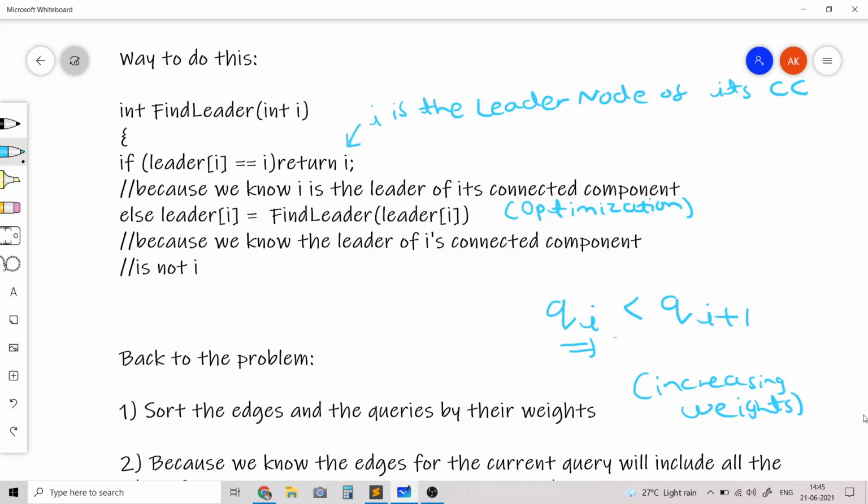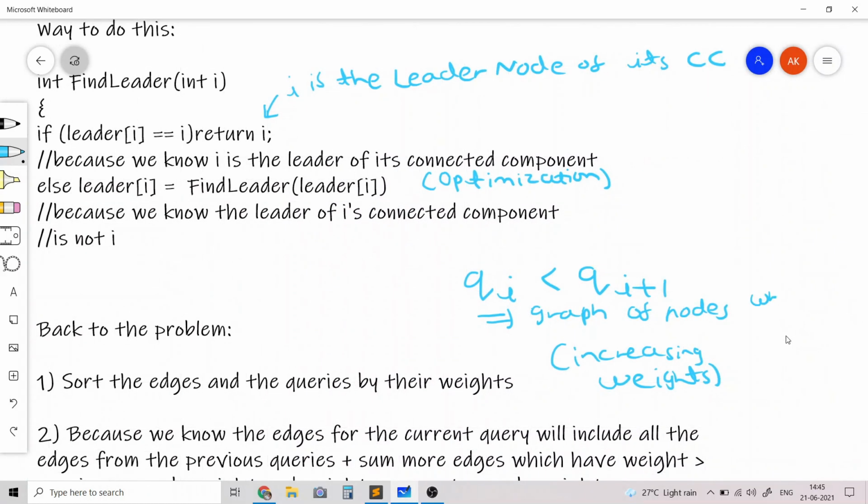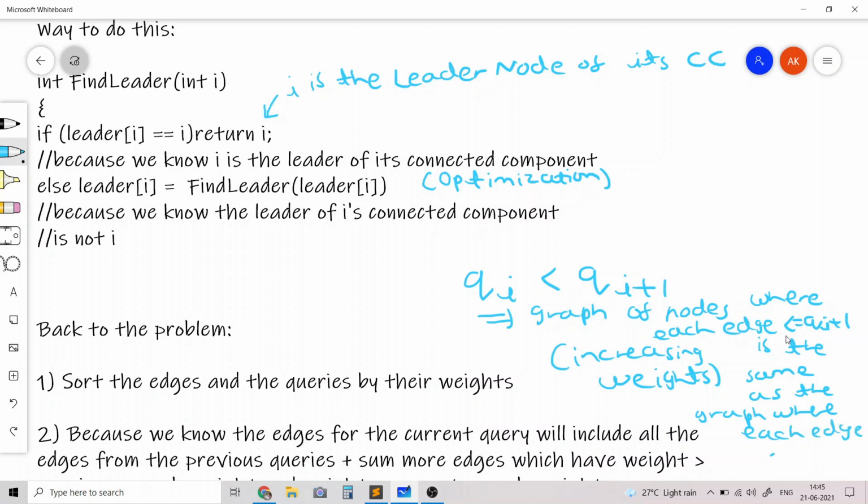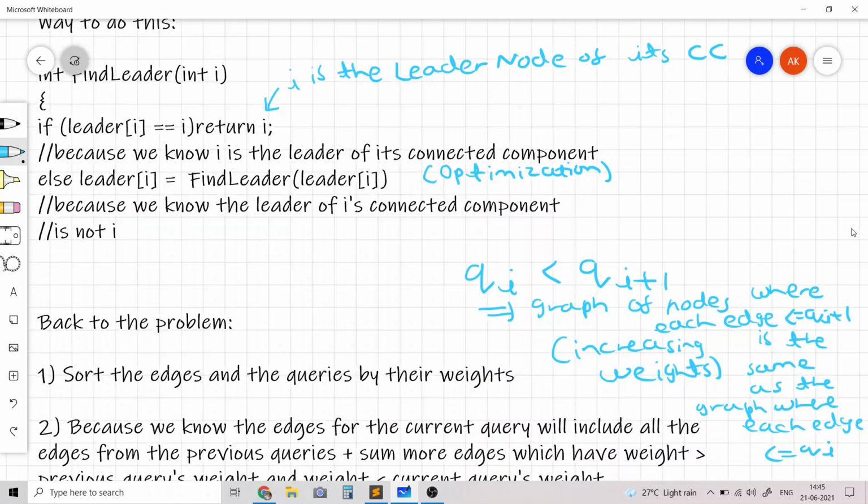This means that the graph of nodes where each edge is less than or equal to q of i plus 1 is the same as the graph where each edge is less than or equal to q of i, plus some extra edges.